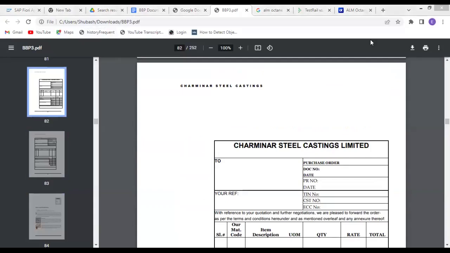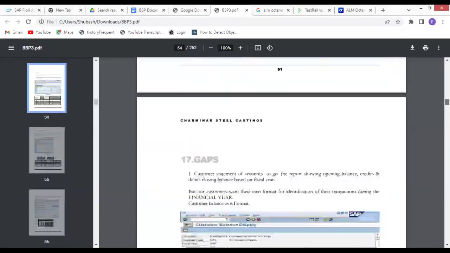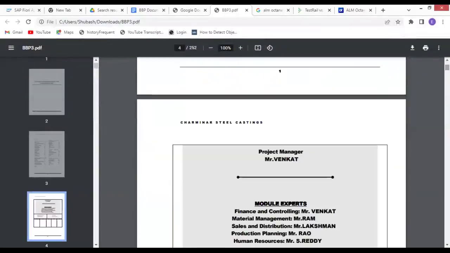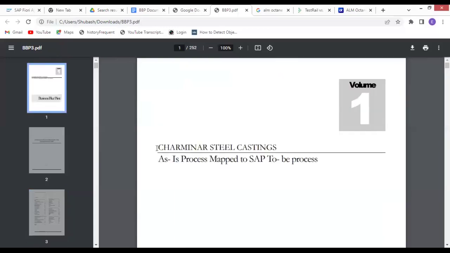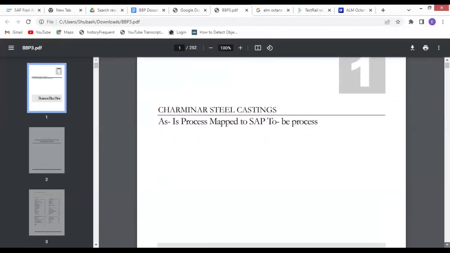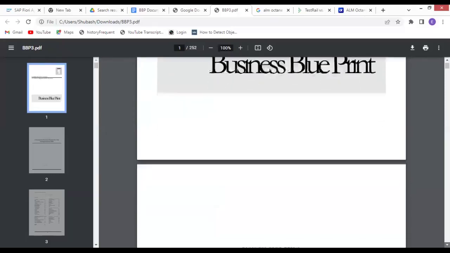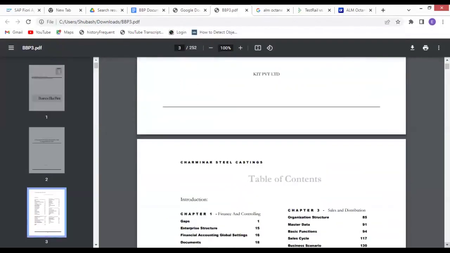Venkatesh, is it a real one or a dummy one? This is the real one, but it is modified as a dummy. Okay. You will not have a company name with the name of this. With this name, if you search, you will not have any company name. The company name is different, but it is a steel industry. Okay. And I don't think this is the latest one. This is a bit old one. I don't have the date on this. It should be the old one, a bit old.